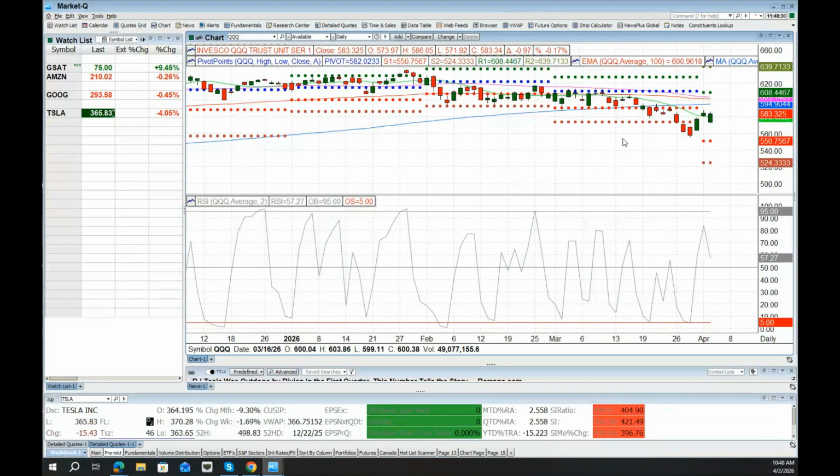Let me draw it out actually. I was thinking about how to do this today, and I thought that if I have this paint tool up, I can kind of draw out what I'm talking about, and then we could look at it on the charts too. So at an area of resistance, don't mind my drawing, let's just say this is resistance. As price is approaching that zone, I want it to stall within that zone. And that stalling process could look different every time. The markets are dynamic, always changing.